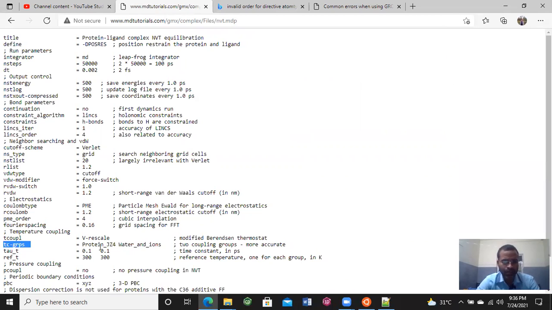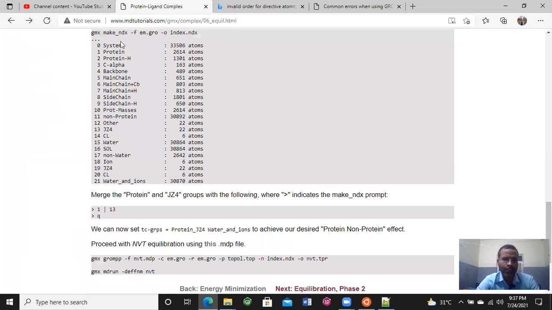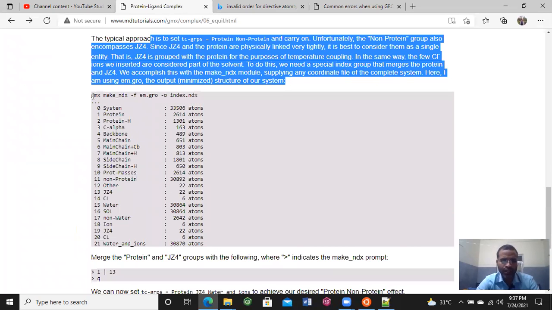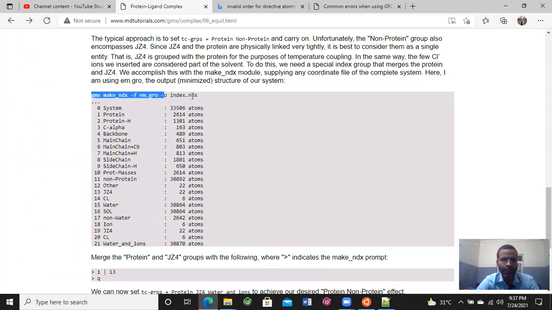But since we merge the protein and ligand as one group and water and ion as one group, we only need to show these two parameters. If we are not merging, then we have to give protein separate, ligand separate, solvent separate, and chloride separate. So as per your wish, if you do not want to merge, then you can go for the separate groups. If you want to merge, then you need to perform this command.